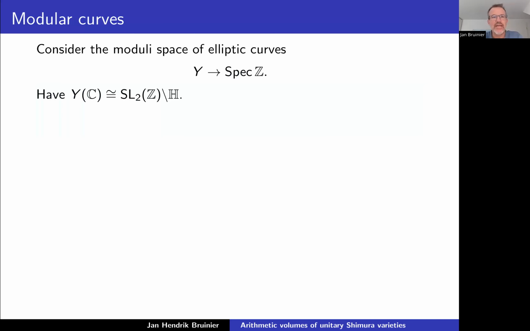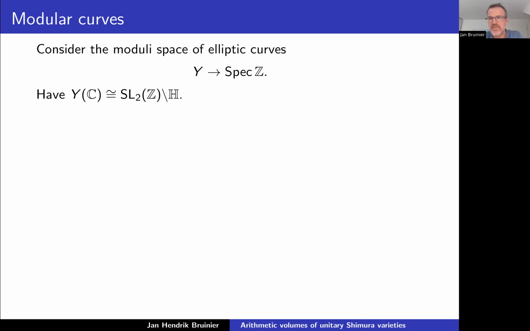So I want to look at modular curves. Basically, I want to look at the moduli space of elliptic curves over Spec C. So the complex points are just the usual modular curve. You have the upper half plane modulo the action of SL_2(Z) by fractional linear transformations. And this modular curve